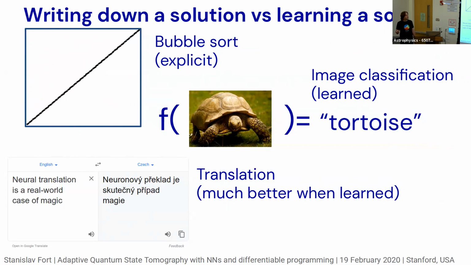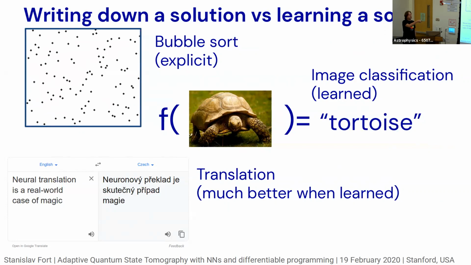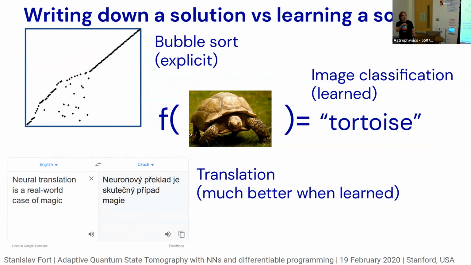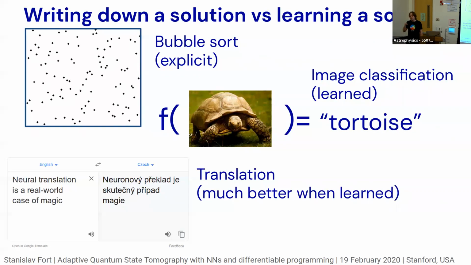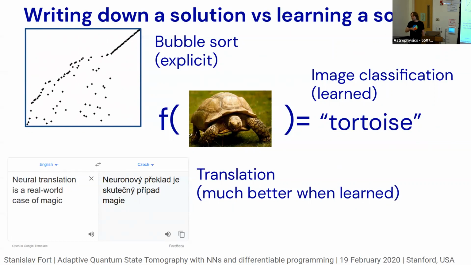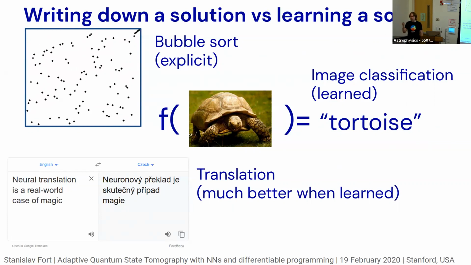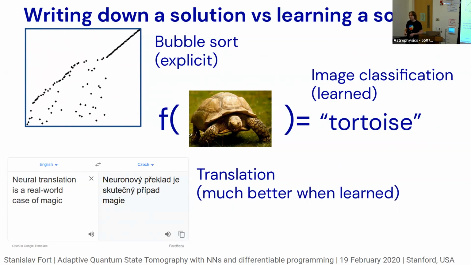On the other hand, there are problems, for example image classification, where you have a function f eating that image and spitting out a semantically meaningful label, here a nice cute tortoise leading to the label tortoise. That can be done by hand, but it's brittle, doesn't work too well, and it's better learned. And for more complicated versions of this, for example tagging, if I took a photo of you and were to semantically tag all of you as individual humans, making a nice crop around you, that would be really hard to write down as a program by hand, but it's easy to learn. It's easy now, it wasn't easy 10 years ago, but now it's relatively easy.